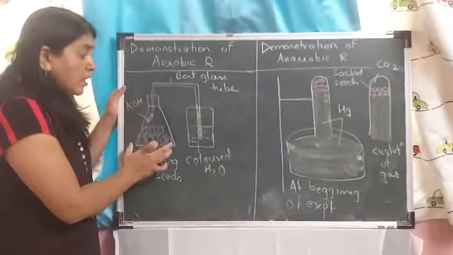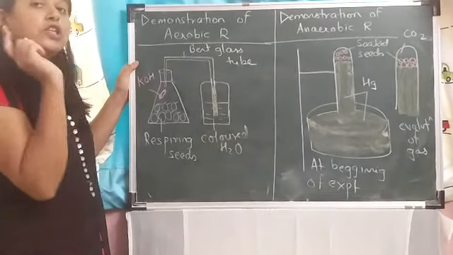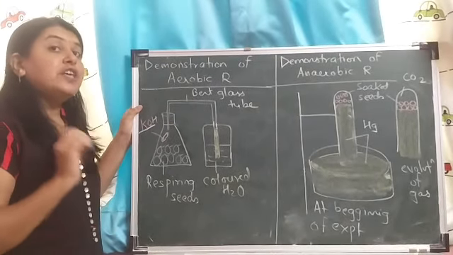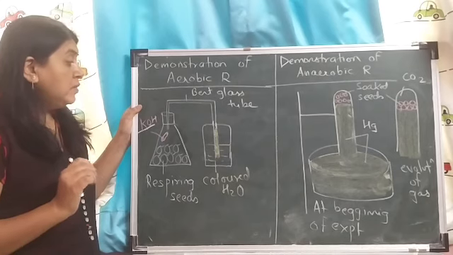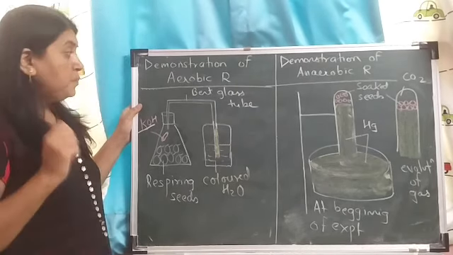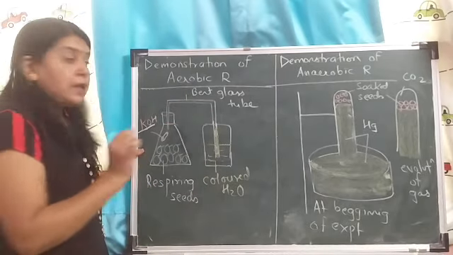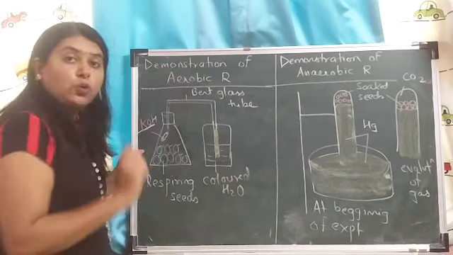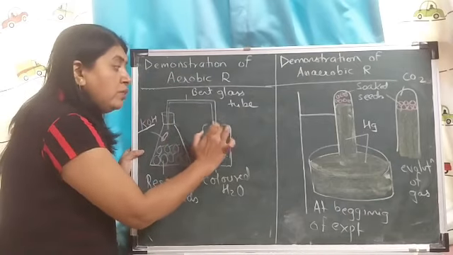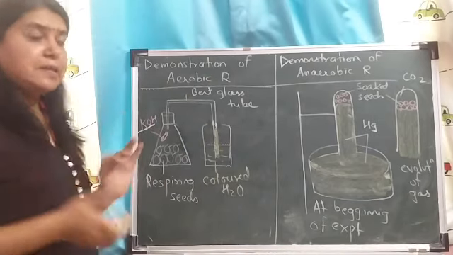Now, in this conical flask with the respiring seeds, we have taken a small tube in which we have taken KOH. KOH stands for potassium hydroxide, and it is used to absorb the CO2, carbon dioxide, which is going to get released, right? Now, there is a bent glass tube which is taken, and this tube is bent at two locations, and it is inserted into the flask which is containing colored water. Alright, so this is the experimental assembly.